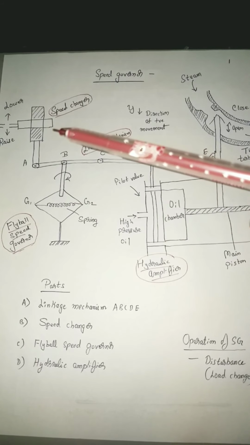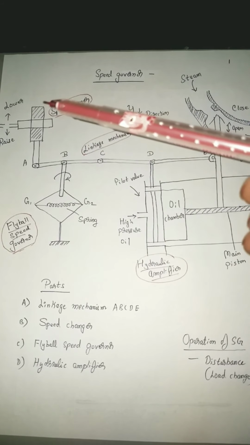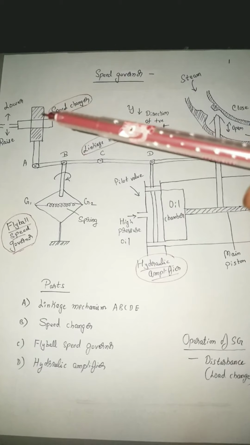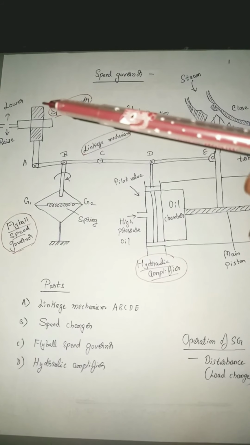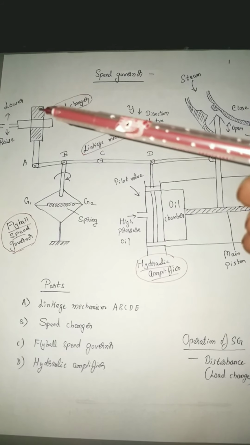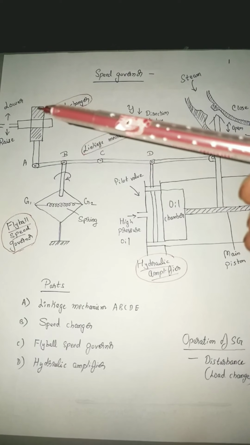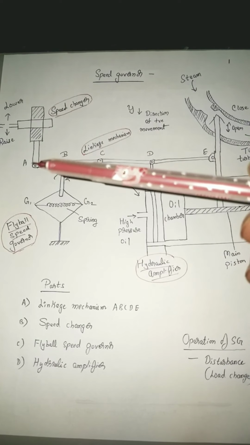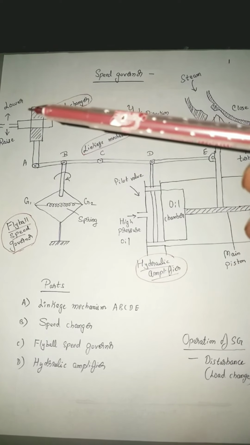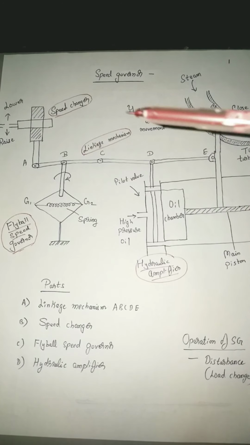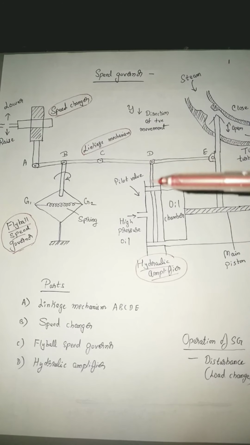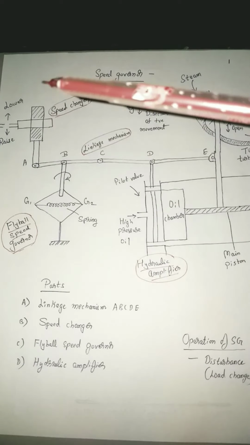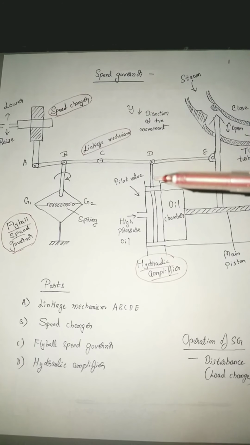So the slider will be now moving upwards so that the speed will be reduced. Slider is going to move upwards. Once the slider is going to move upwards, automatically A also will be dragged upwards. On the other side, D will be pressurized downwards. Since A is pulled upwards, on the opposite side D will go downwards.